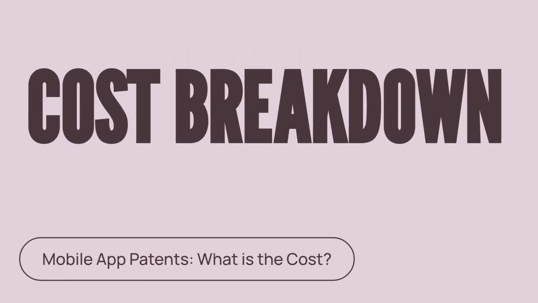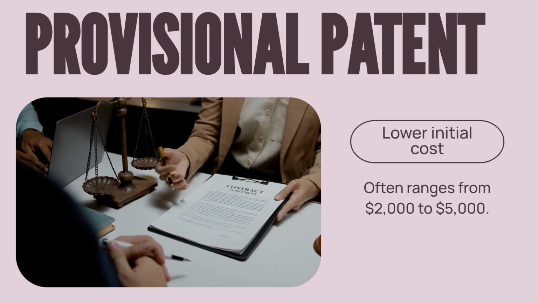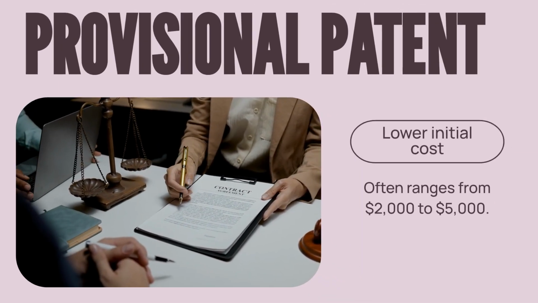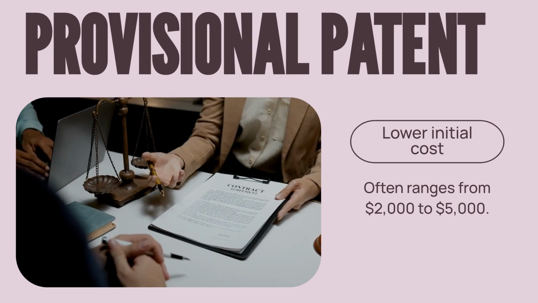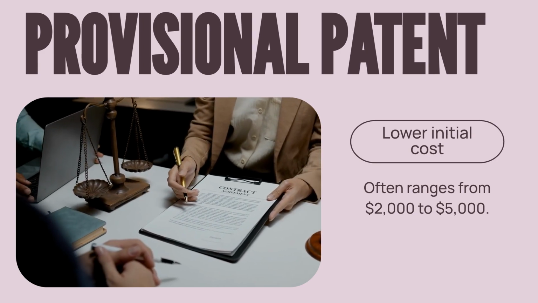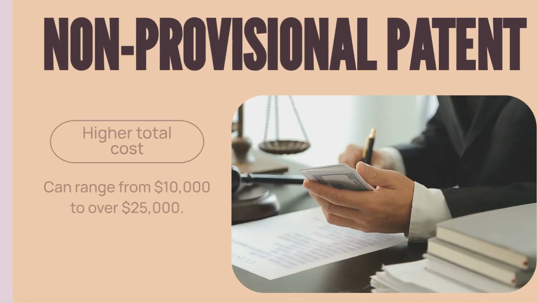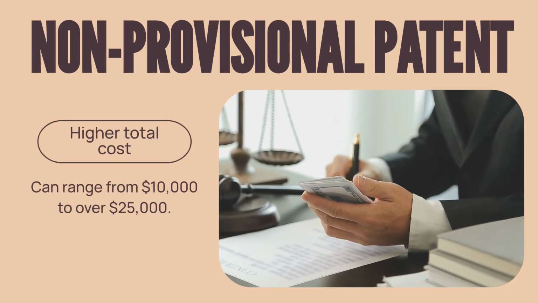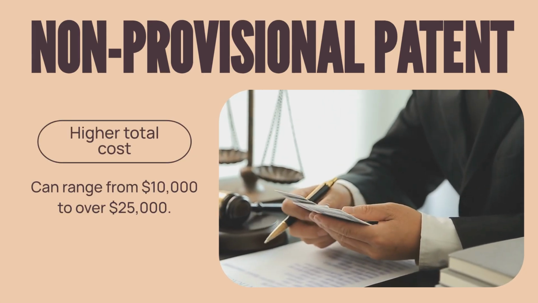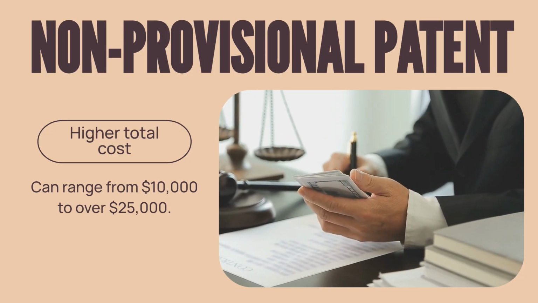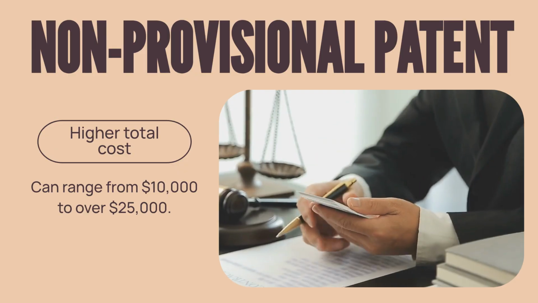Let's look at a general estimated cost breakdown for patenting a mobile app. A provisional patent application is a less formal, lower-cost option, typically ranging from $2,000 to $5,000. This secures an early filing date. A non-provisional patent application is substantially more expensive, often costing between $10,000 and $25,000 or more, depending on complexity and